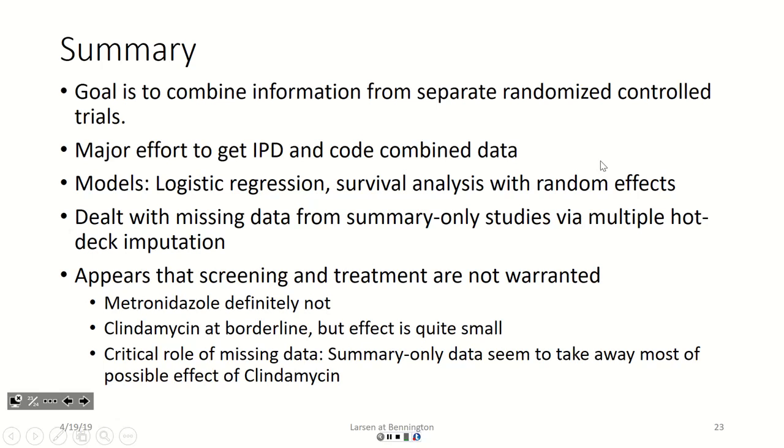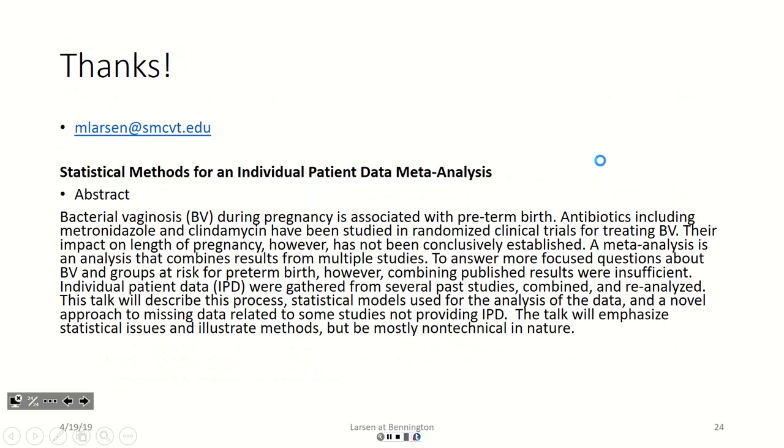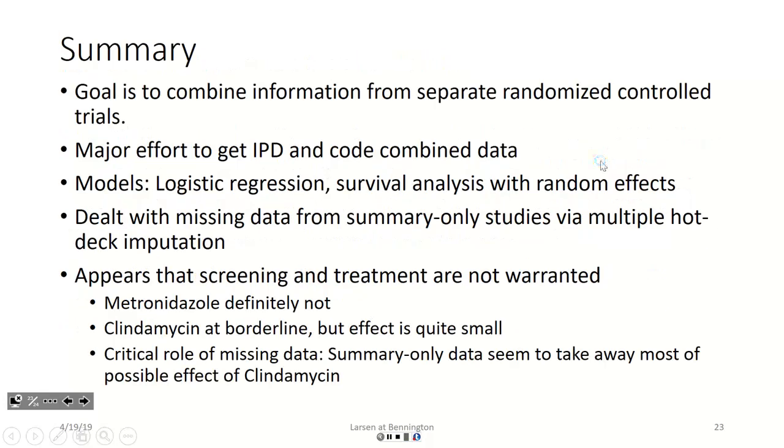But even if it were significant, what does that affect? If it shifts over just a little bit, so it's between 0.96 and 0.98, it's a small effect. If you're going to screen around the world for this, that's a big cost. But anyway, the status of this now is